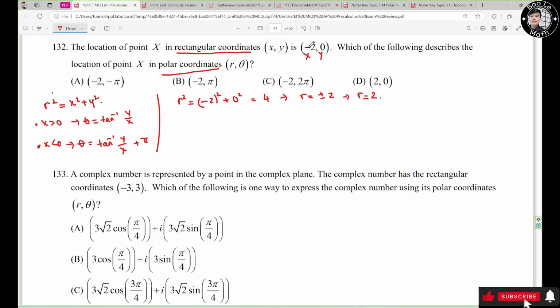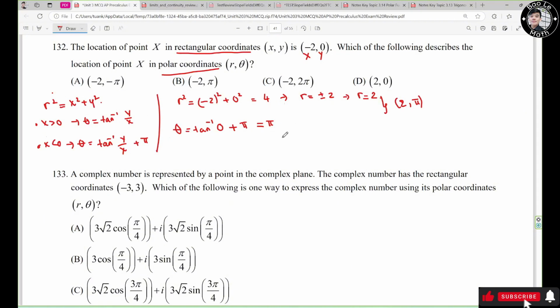So look at this one, s equals negative 2, less than 0, so theta equals tangent inverse of y divided by s, which means 0, and then you need to add pi. Tangent inverse of 0 equals 0, so the answer must be pi. So you have the coordinate point radius 2 comma pi. Now look at the answer choices right here, it's not there. Now you need to add or subtract 2 pi to see if you have the answer, or add or subtract pi. It's similar to the previous question.